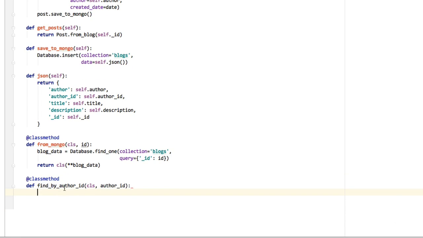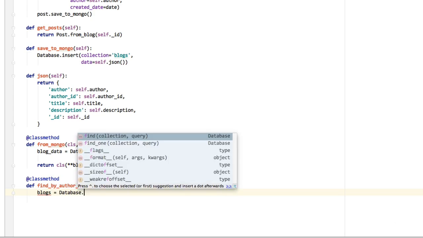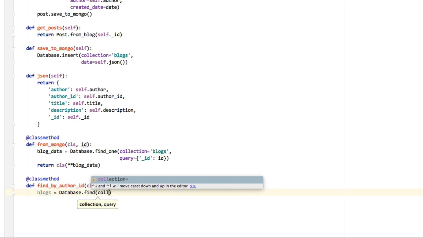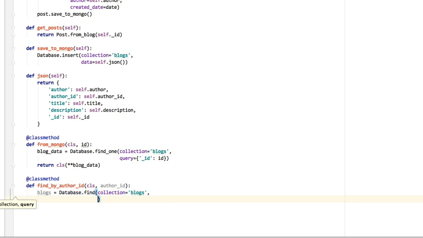So I'm going to create a method called findByAuthorID, which is a class method because it's going to return a list of blog objects. It takes in the author ID, which is the author that we're going to find blogs of. And then we're going to say blogs equals database.find, collection equals blogs, which is the collection we're looking for the data in. And then the query is actually going to be author ID. Sorry, you can't really see that because the mouse is in the way. Author ID is the author ID that we are passing in, and this will find all of the blogs with this author ID. And then we'll say return,